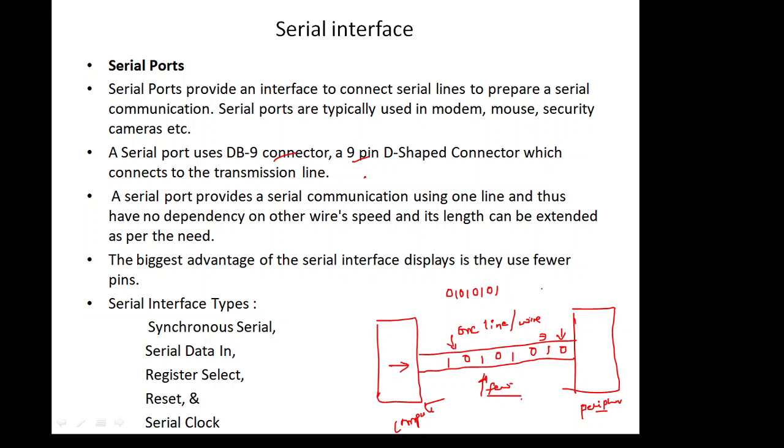An interface is one which is going to connect two devices. For example, from the computer to the peripheral devices, we need to connect these two. In the sense, we must and should need an interface in order to have the transmission of data from the computer to the peripheral device, or vice versa, fine. So that is the importance of ports. So the division is serial port and parallel port. So this is how I have explained the serial port.